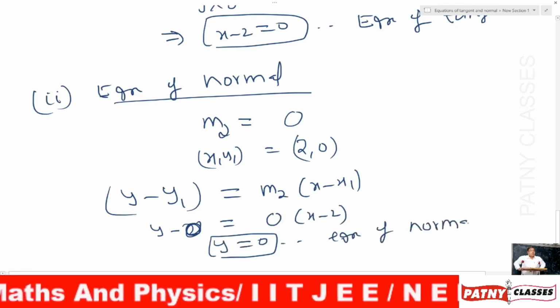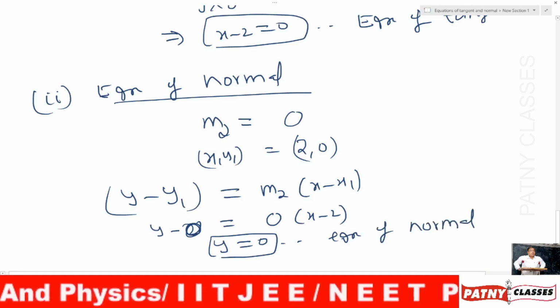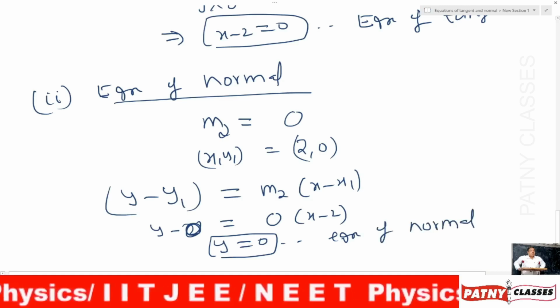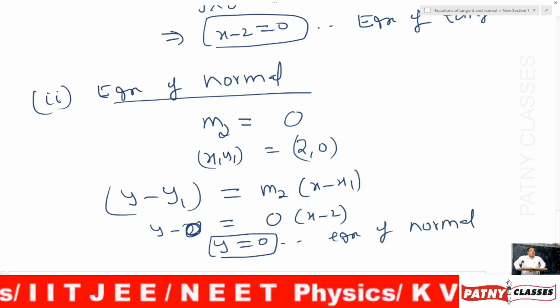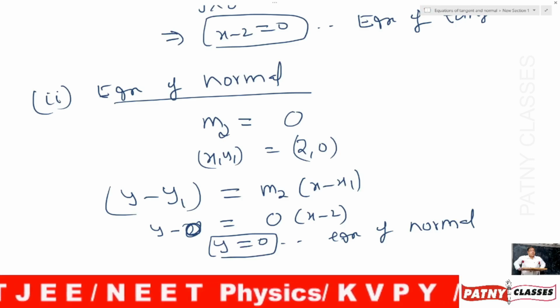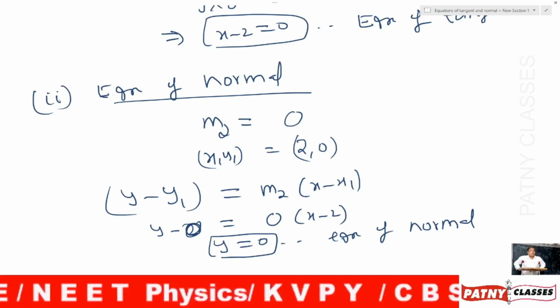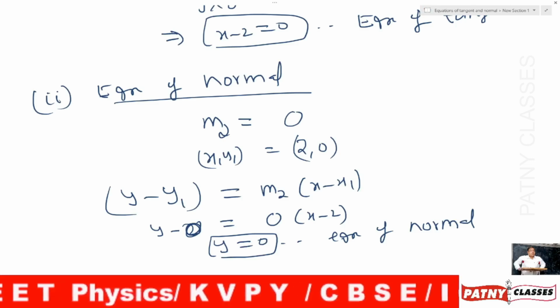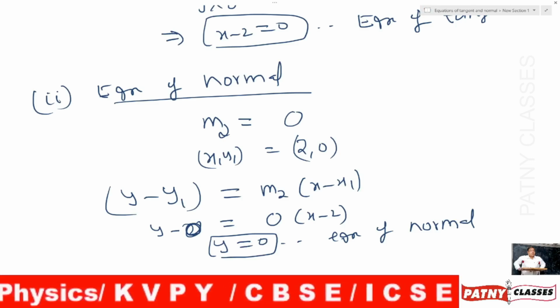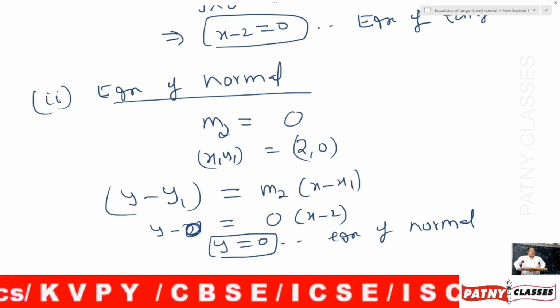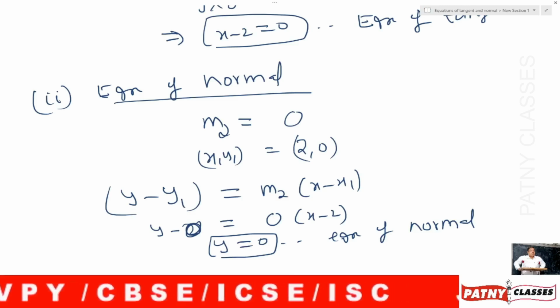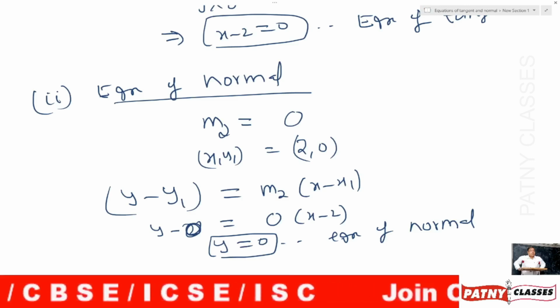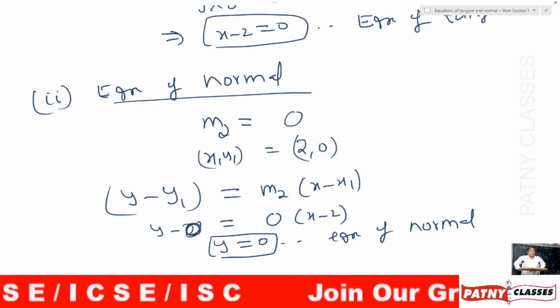The speciality of this problem is that the equations were not regular in x and y terms, they were given extra, that is, a parameter was given to us. So directly we cannot solve the question. If the parameter value is given, then only we can solve the question here. So the parameter value t equals 1 was also given, and now we got the equation of tangent and normal.